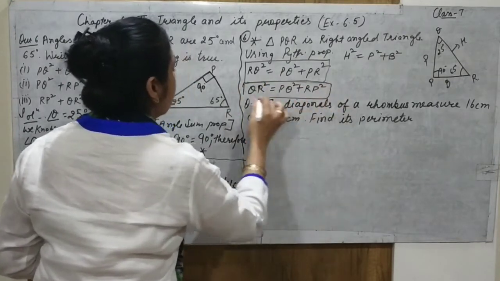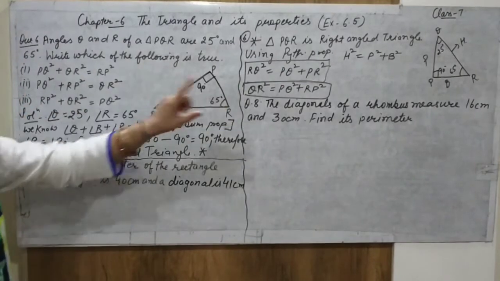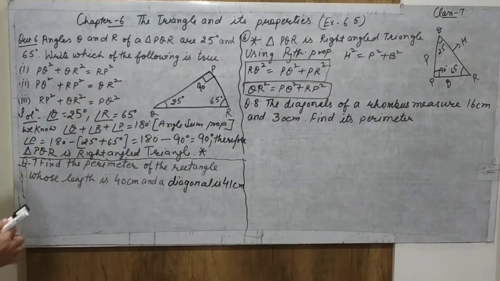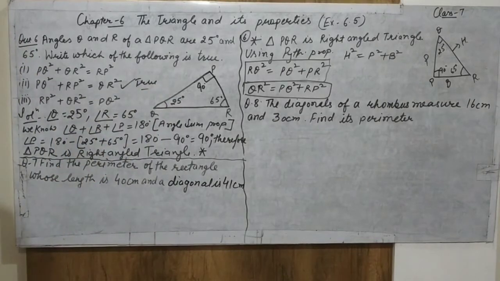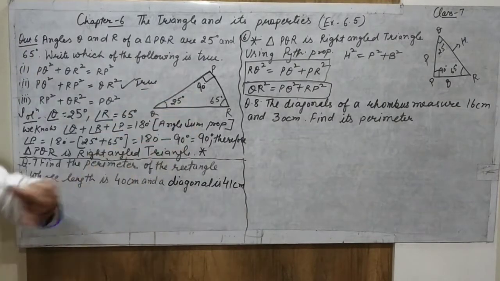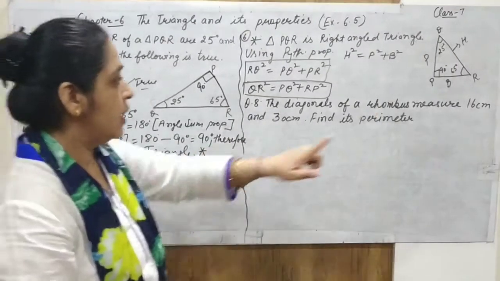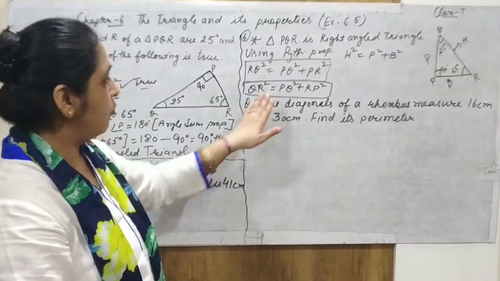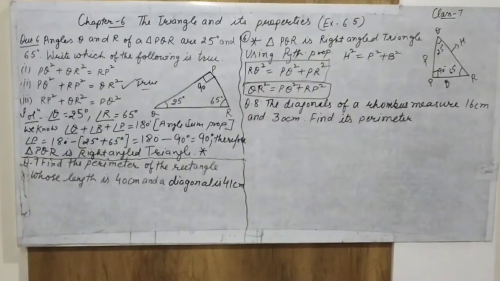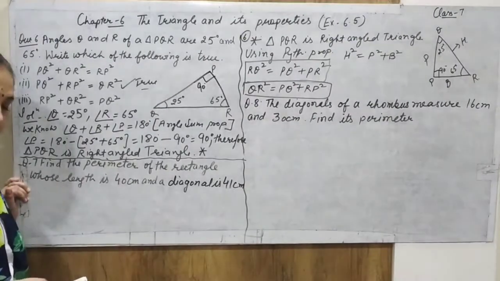You can write in this way, in which the question is given actually. The question is given in this form, so you can write the answer in this form. So this statement is true, only this is true, others are false statements that we have proved with the help of the 90-degree angle. So first we use the angle sum property, then the property that the 90-degree angle is between base and perpendicular, then we use the Pythagoras property, and we prove that the second statement is true. So students, you must understand this complete question and solve this question. Now come towards the next question.